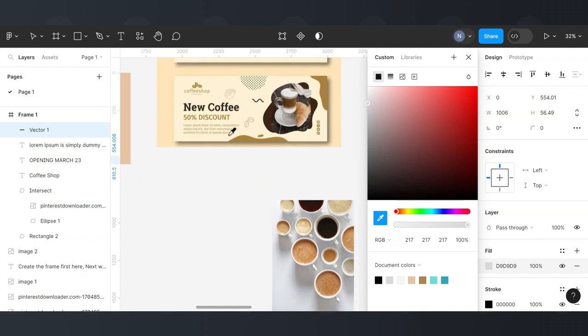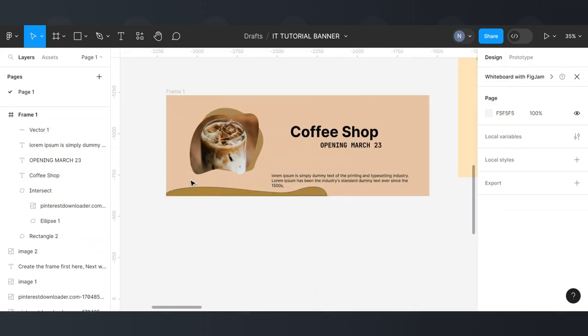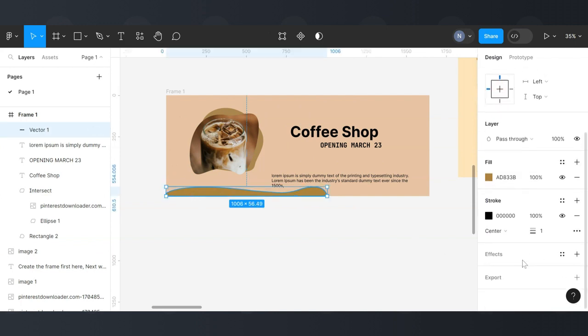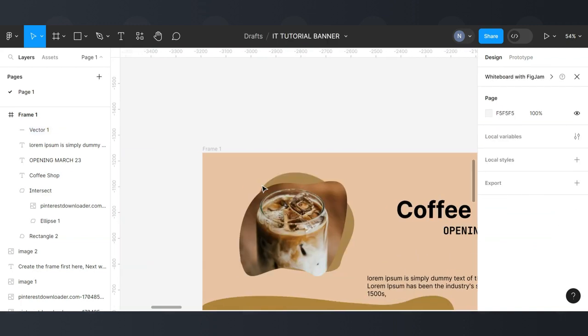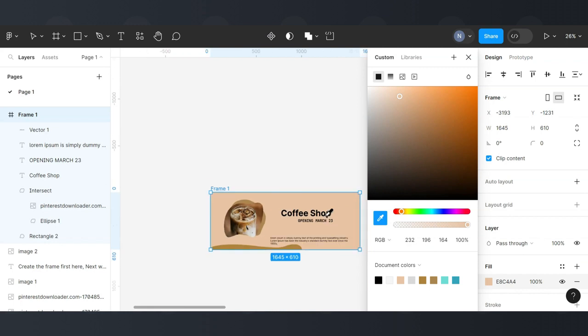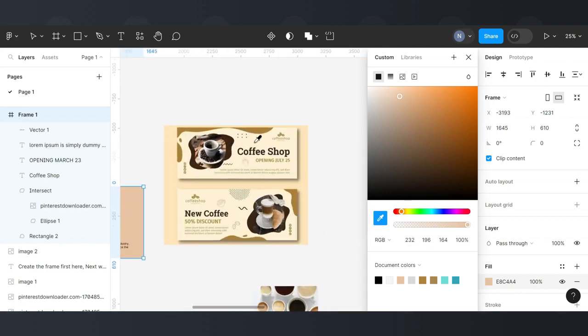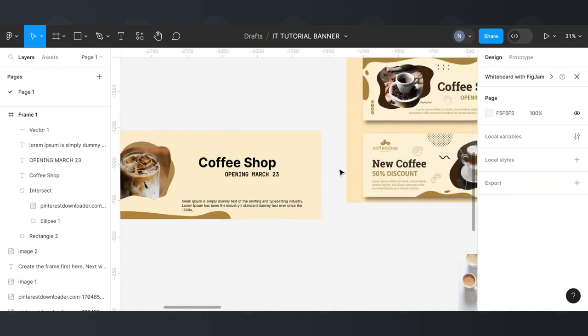Okay, and choose the fill, maybe this color, and we make the random shape be behind the picture like this. After that we make maybe just like this,